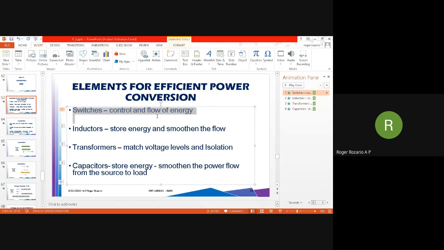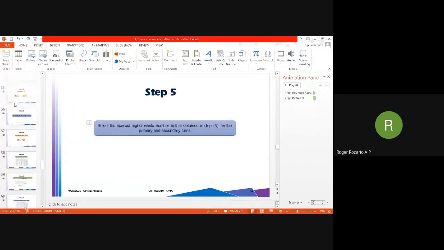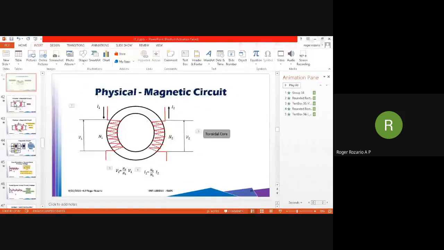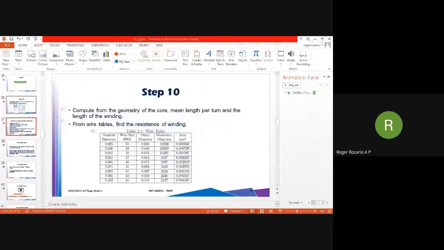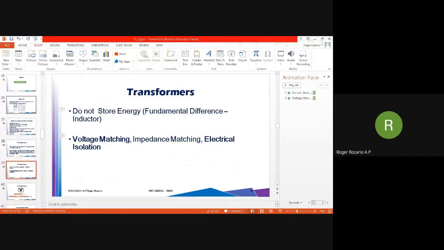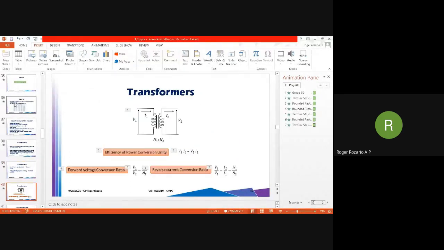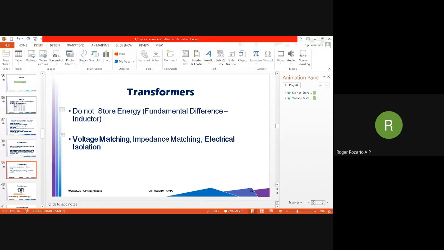Switches, you have studied in detail in the course Power Electronics in the previous semesters. We have seen in detail about the inductors, and in the last class we were designing a transformer. So before going to capacitors, in today's class, we will just review how we designed the transformers for 5 minutes. Then we'll go into the capacitors. Can anyone consolidate how we design the transformers? What is the use of transformers in DC to DC converters? Anyone?